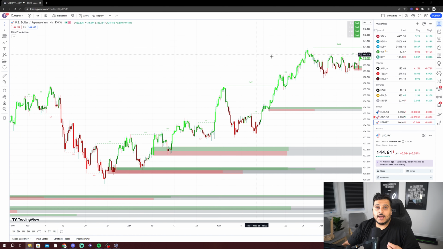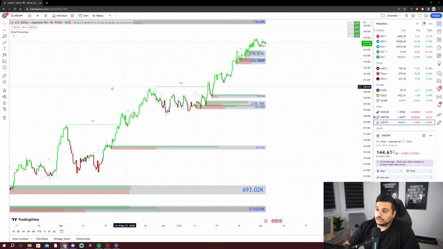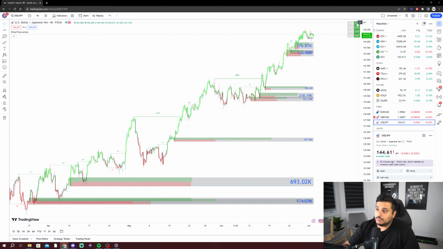And the last thing, guys, up here in the corner, we have this little dashboard that shows us the change of trend on every single time frame, so we know if we are in a bullish or bearish market. This is very important to make sure you pay attention to this and understand what type of market you're in. So right now we can see on this current chart, we are completely bullish because we have green on every